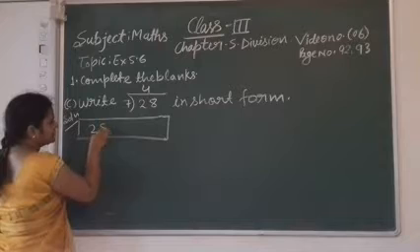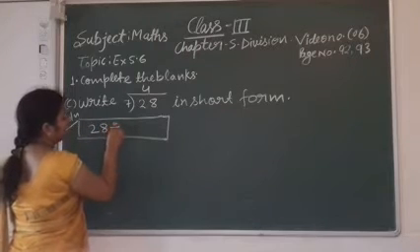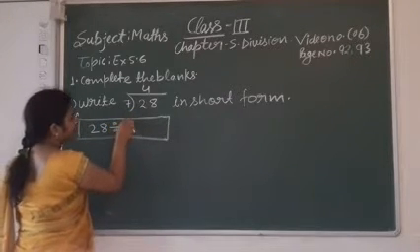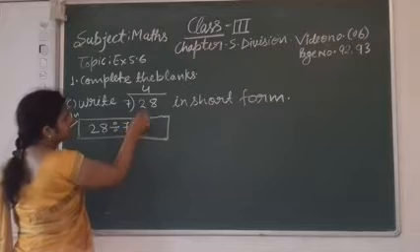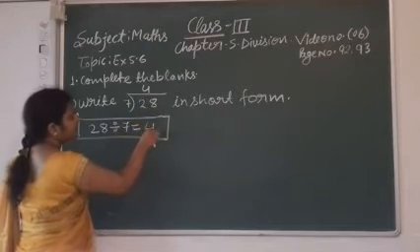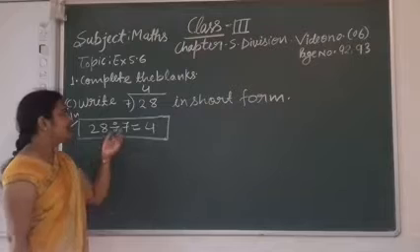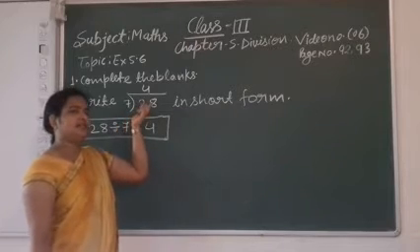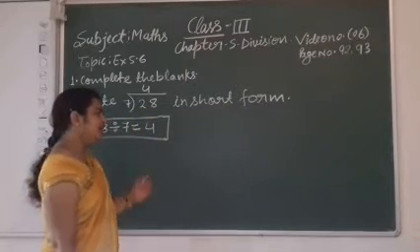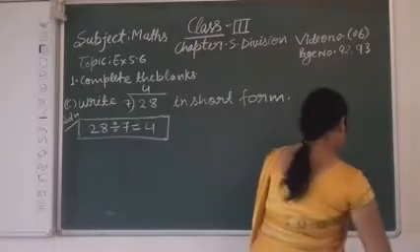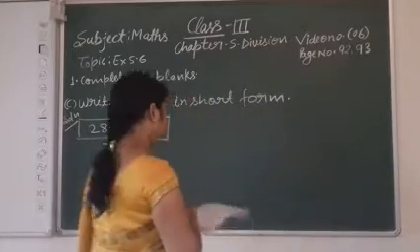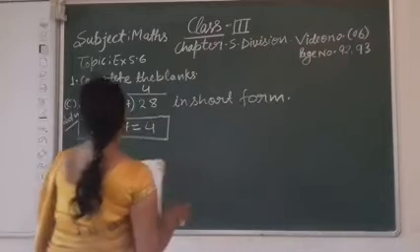So write dividend 28 divided by, divisor is 7 and quotient is 4. So this is the short form of this division. Okay. Now D part you can do by yourself, and the second E part is